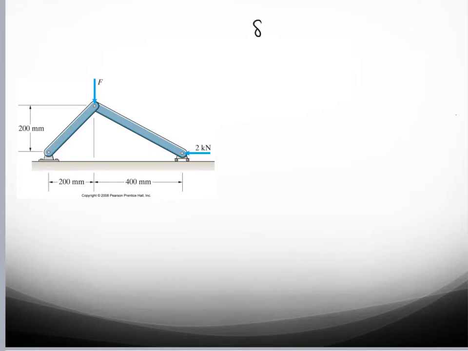So if I imagine the work, how much work was going to be done. There's only two forces here that do work, the 2 kilonewton force here and this force here. The 2 kilonewton force, of course, is opposite the sense of my displacement in the x direction, so that's a negative amount of work. And then the force, when we want to think about this kind of going like this,